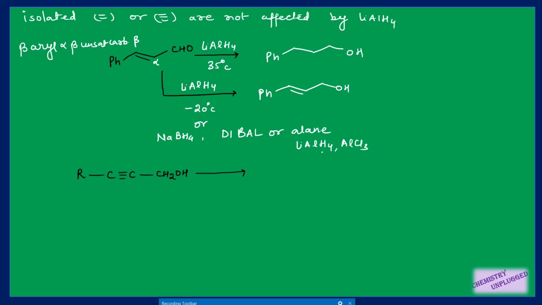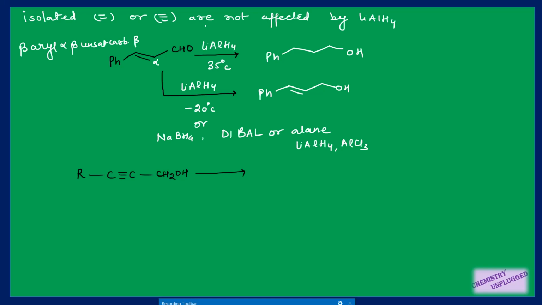How we can synthesize them. So in the reaction mixture they can give you low temperature conditions: DIBAL, sodium borohydride, and a mixture of lithium aluminium hydride and aluminium chloride, right? So you have to understand, under these conditions only the aldehyde group will be reduced and the double bond will remain unaffected, right? If you are using beta aryl alpha beta unsaturated carbonyl at room temperature, then your double bond will be reduced.